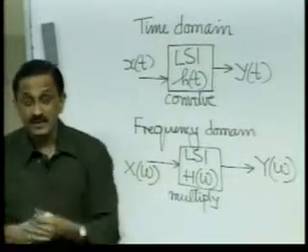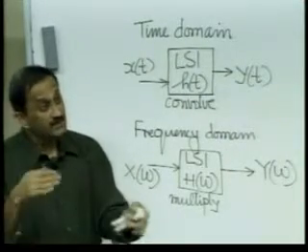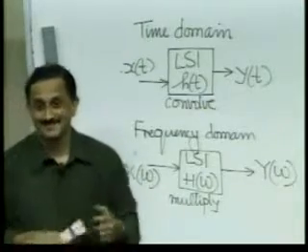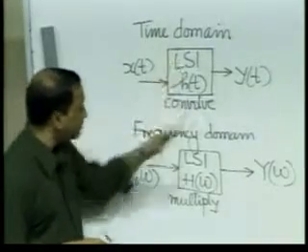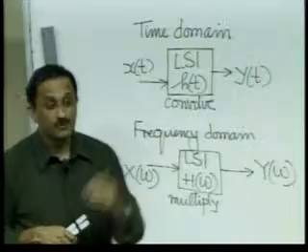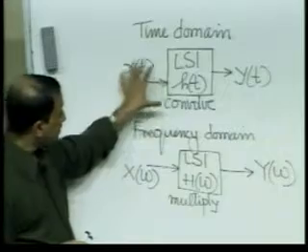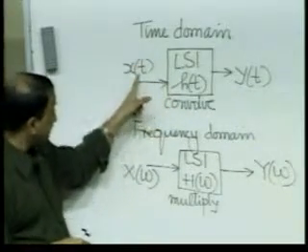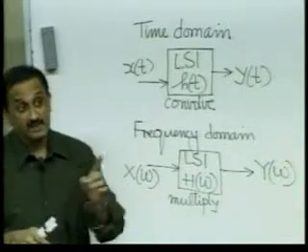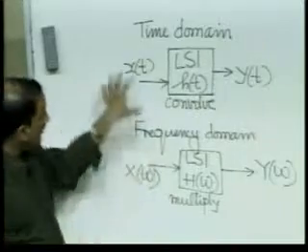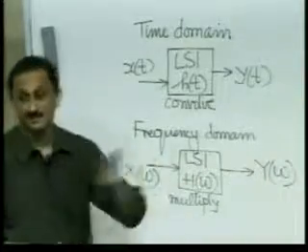But the point is, it also changes the way in which the system operates. Sometimes to convenience, sometimes not to convenience, right? So you see, in the context of LSI systems, it's certainly very advantageous to use the Fourier transform. And it must also be understood that sometimes it could be possible that this is invertible, in the sense that if the Fourier transform exists, there is a one-to-one correspondence. But the Fourier transform may not exist for all x(t). So it might happen that only a limited class of these can be put into a one-to-one correspondence with these,